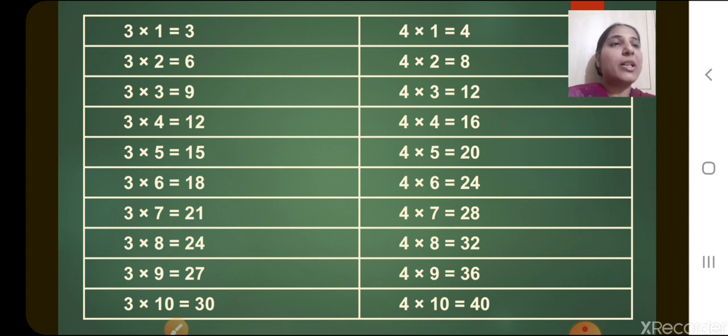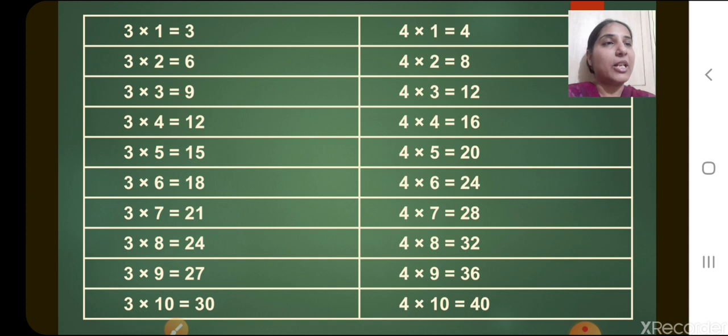Last class we did the tables of 1 and 2. So today let's continue with the tables of 3 and 4. I'll say the table and you have to recite as well. Okay. So 3 ones are 3, 3 twos are 6, 3 threes are 9, 3 fours are 12, 3 fives are 15, 3 sixes are 18, 3 sevens are 21, 3 eights are 24, 3 nines are 27